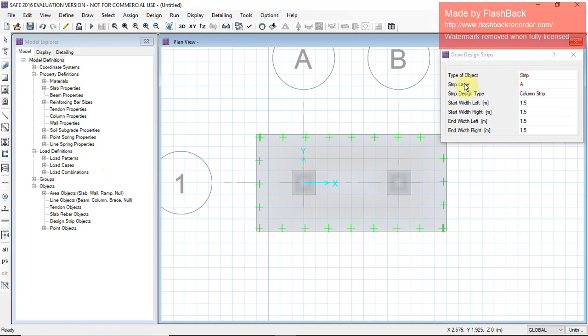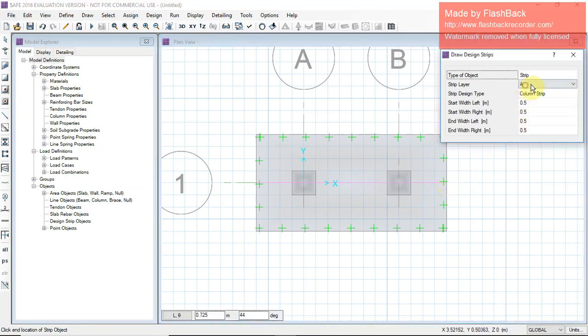Now you can see strip layer A, column strip. Start with left, all the 0.5 strip rate. So now next we draw the strip.